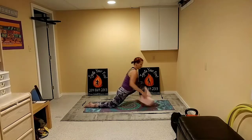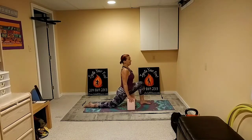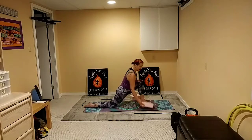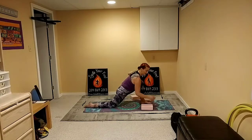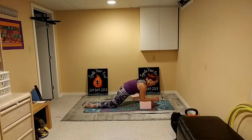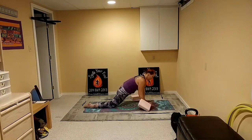You could still hold these blocks if you need that support. That's always okay. And then our modified lizard is next. So I'm going to use one of these blocks and bring it down and bring the elbow to the block. If that's too low, you can bring that block up a little bit higher or just stay on your hands